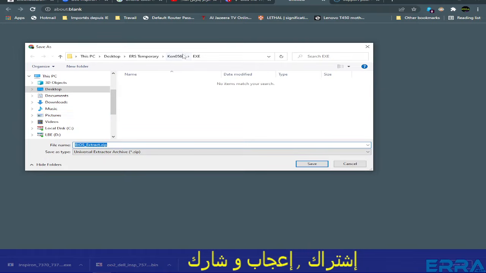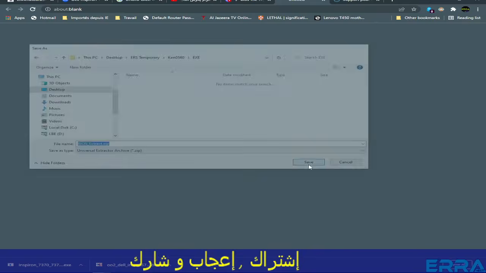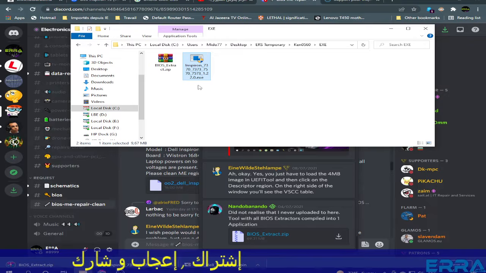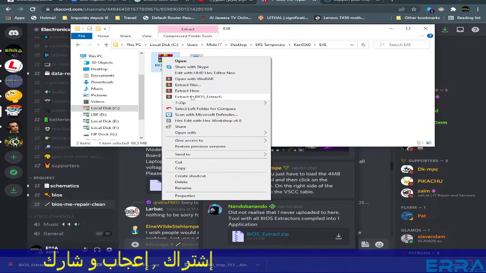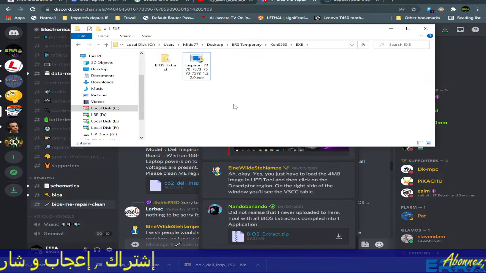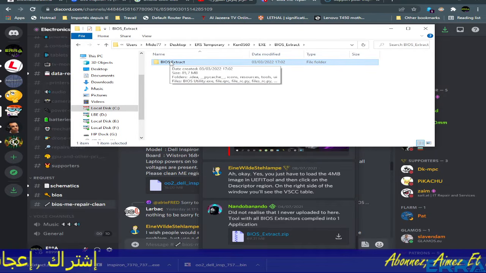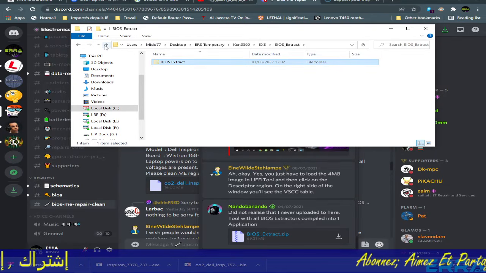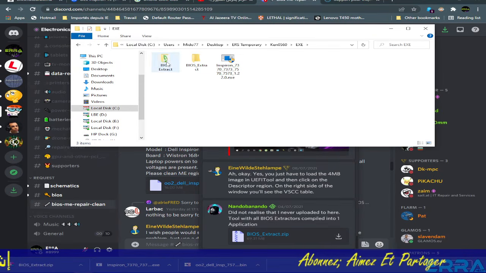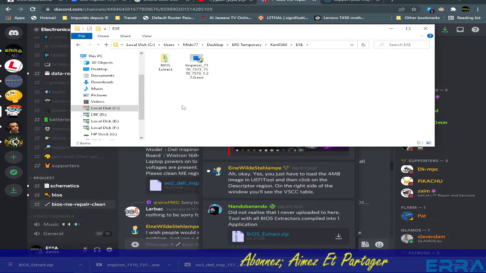which let's put it within the same folder where the executable file is, and let's go back to our, so here we got it. Let's extract it here, and let's delete the RAR file. We don't need it anymore. Let's open our Bios Extract folder. Let's cut this from here. We don't need a lot of folders. Let's paste here. This one is empty. Let's remove it, and we have